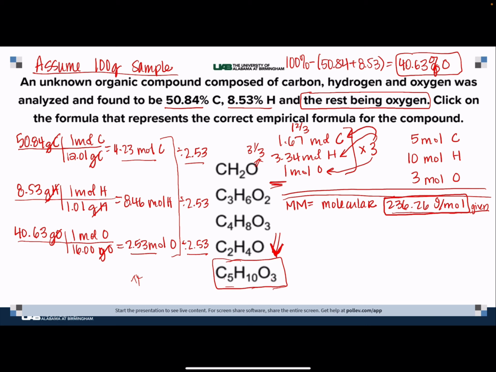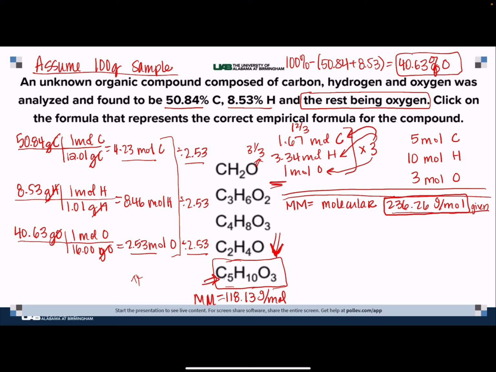So what that means is I'm trying to move from this atom count here to the actual atom count, and the thing that I have to compare to one another is the molar mass. So figure out what 5 carbons, 10 hydrogens, and 3 oxygens would weigh, which is about 118.13. Okay, this is the molar mass, the 118 is, of the empirical formula. I know that the molecular formula has a mass of